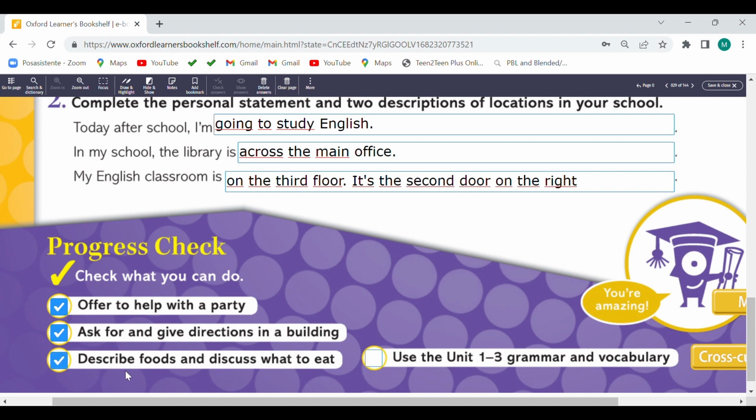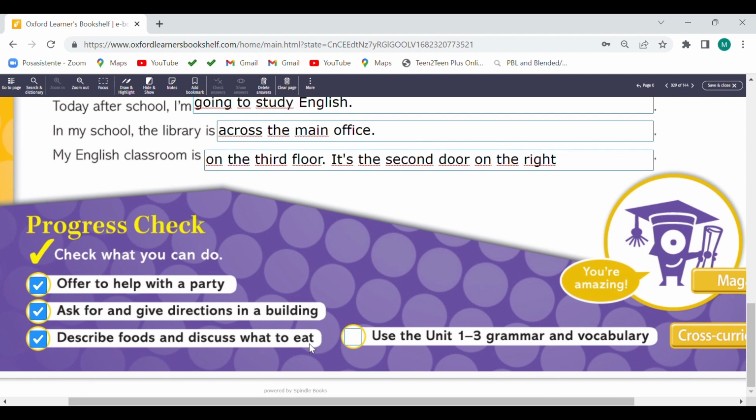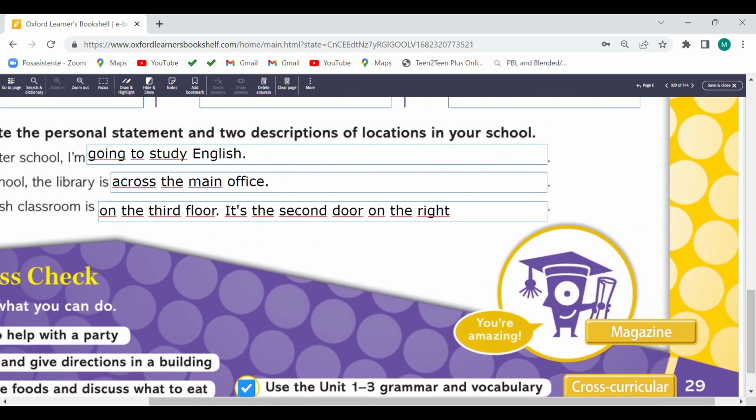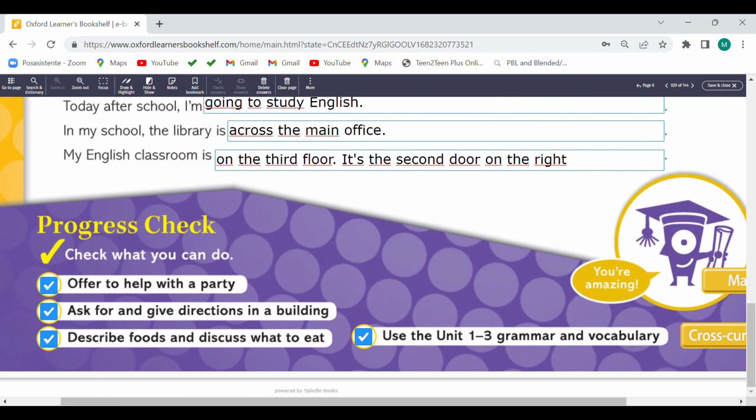También describimos sobre la comida y discutimos qué es lo que comemos, ¿verdad? And use the unit from 1 to 3 grammar and vocabulary. Yes, esto es lo que nos vamos a evaluar. You're amazing. Bueno, that's all about this unit. Esto es todo por esta unidad.